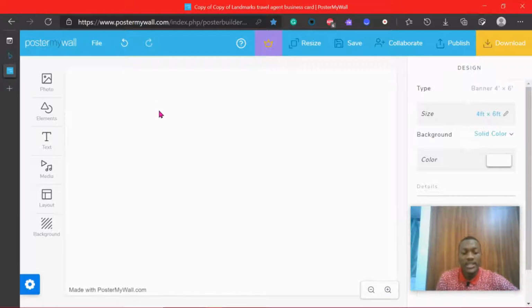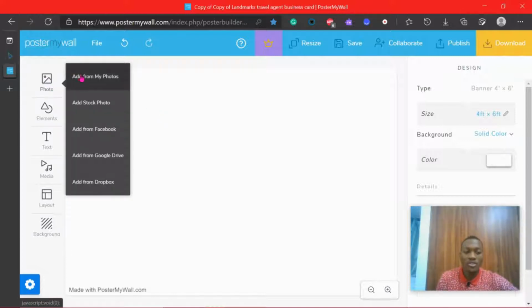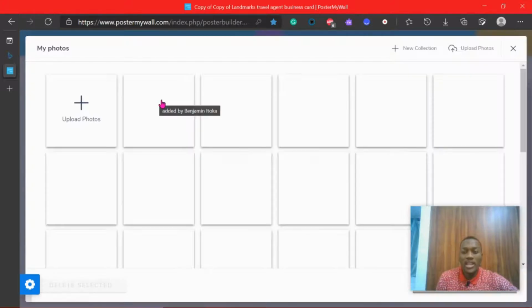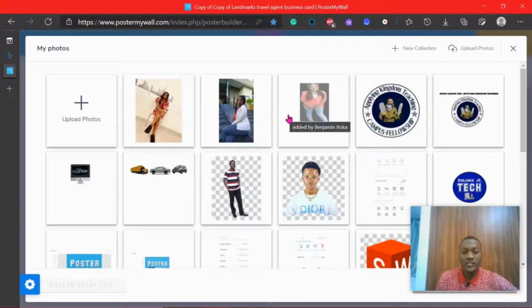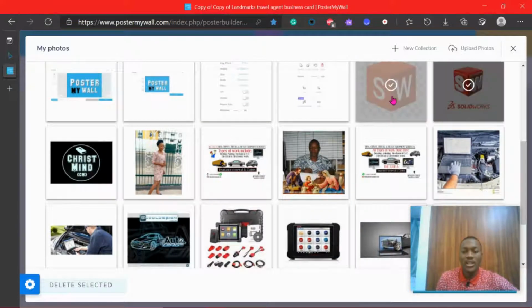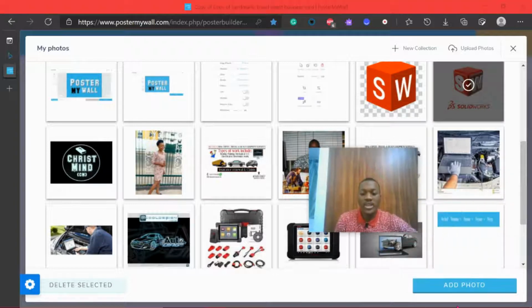It has been deleted. So the next thing we want to learn is how we can make duplicates of pictures. So we're going to add pictures from the photos feature, add from my photos, and we're going to select a photo from this gallery. Okay, I'm going to take this photo, and then we're going to make